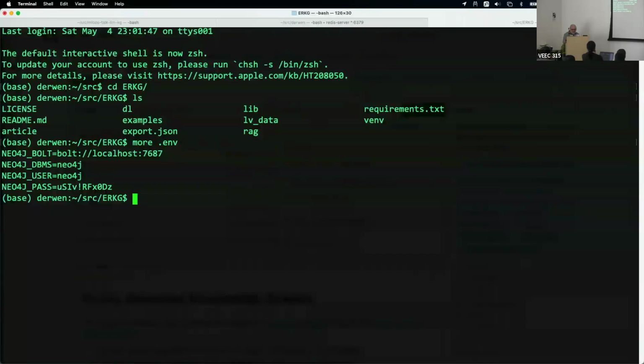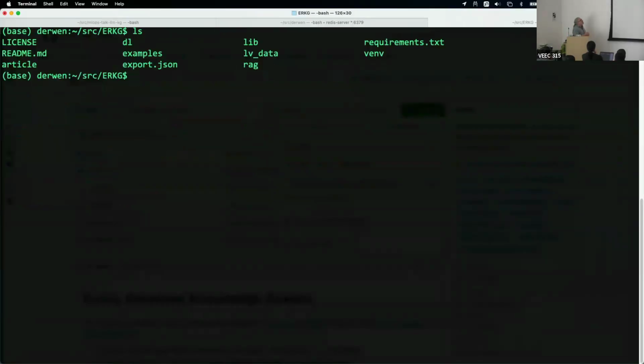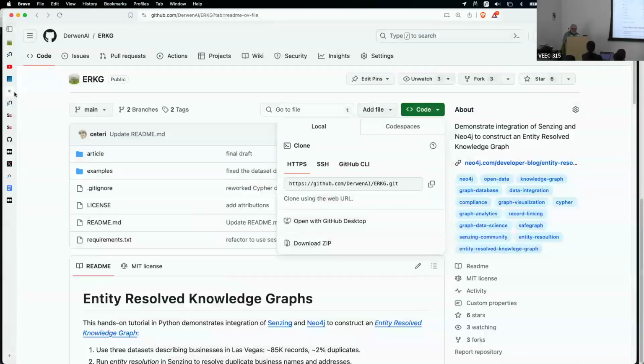Okay, I've got it loaded up here. Inside of here, we've got the data, we've got the notebooks. There's a few examples. There's a README that just describes exactly what's shown on the GitHub page. The main steps to get started on this, though,